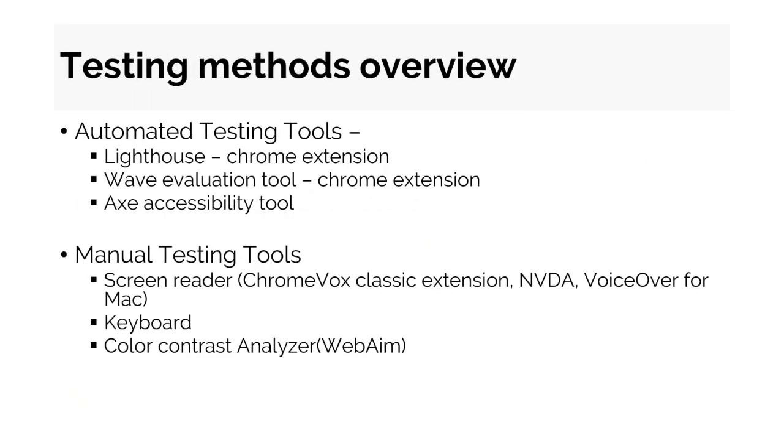And there are some online tools available that we can always use for automatic testing. Lighthouse is a tool that's provided by Google Chrome. And there are others, like the WAVE evaluation tool and accessibility tools. These are quite effective, but the thing is they test one page at a time. And as I mentioned earlier, we should not always rely on automatic testing. And for manual testing, we can use screen readers, keyboards, or the color contrast analyzer that's provided by WebAIM. When I talk about keyboard, the idea is that all the functionality that we access by mouse should be available by keyboard as well.